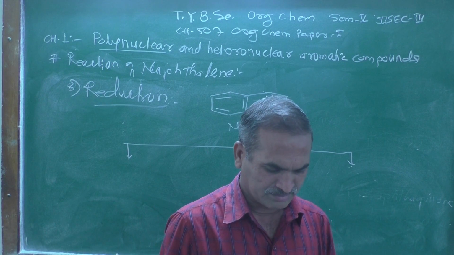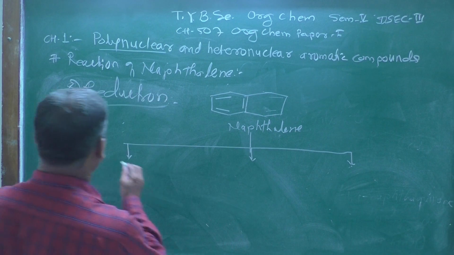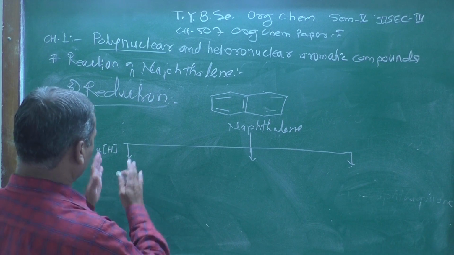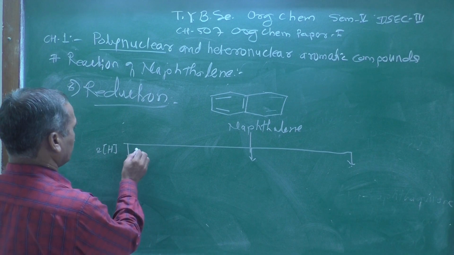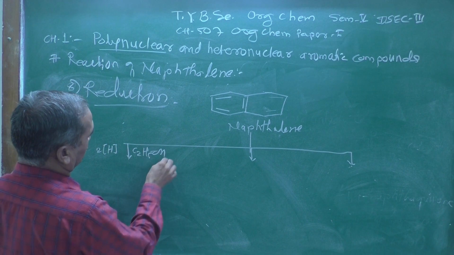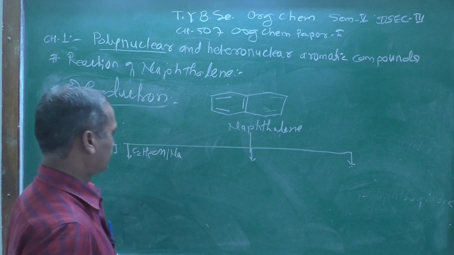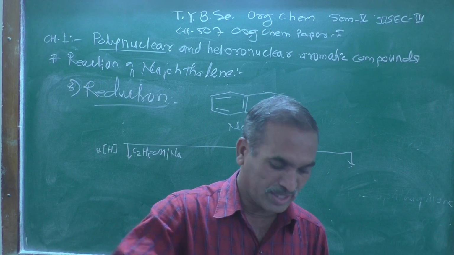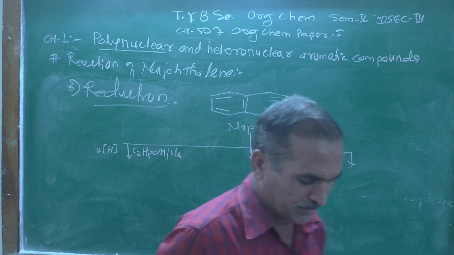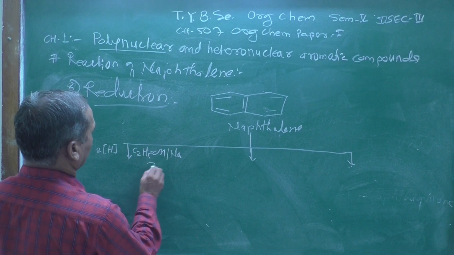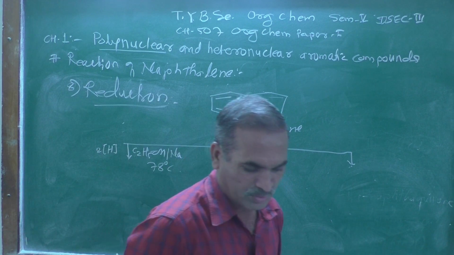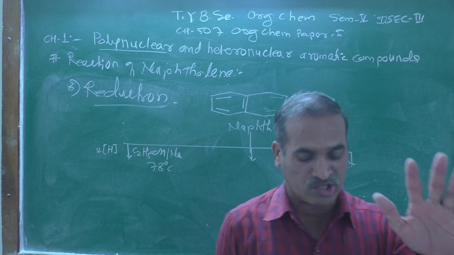Number one, when it is treated with 2[H], hydrogen atom, when I use C2H5OH in presence of sodium, that is sodium in presence of ethanol, and keeping the temperature at near about 78 degrees centigrade, what am I going to get? There is a partial reduction